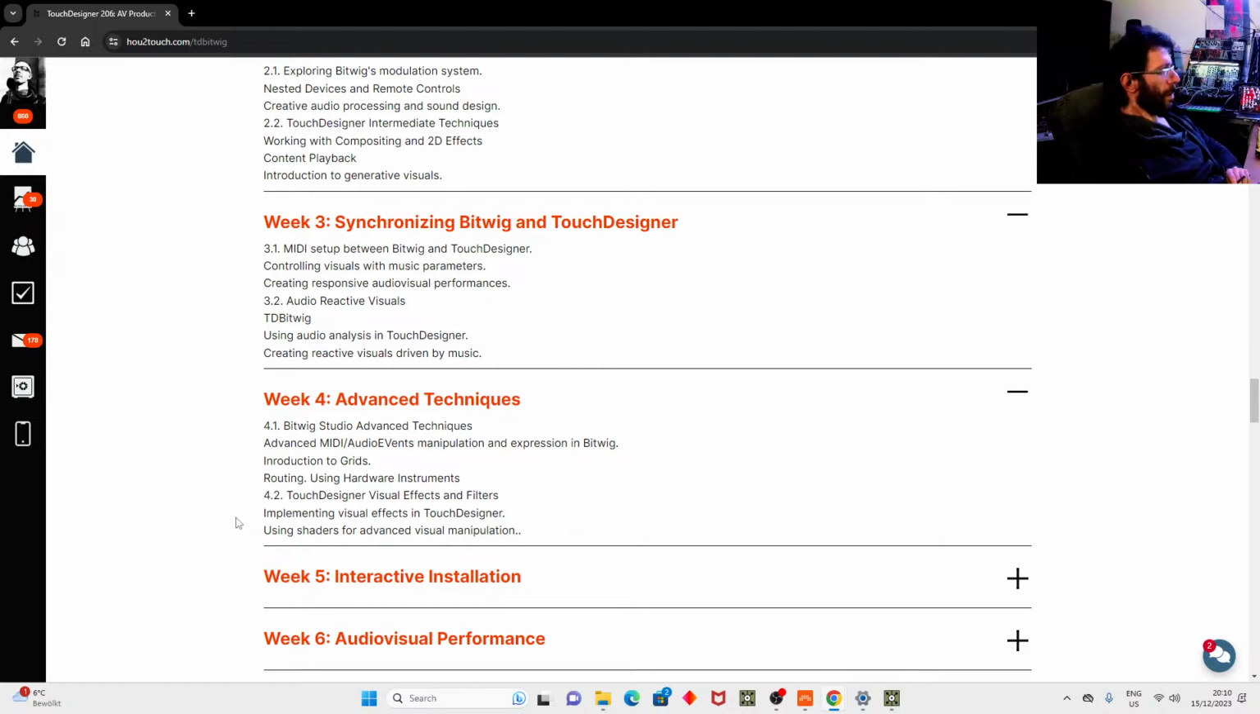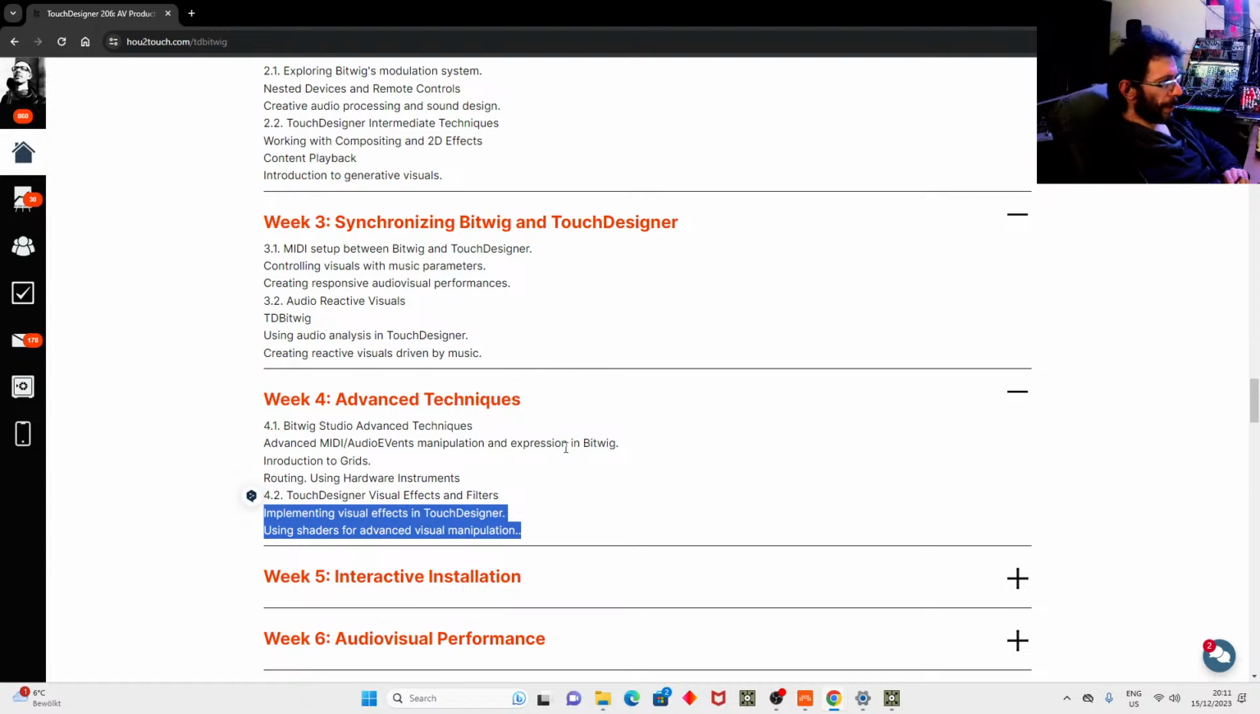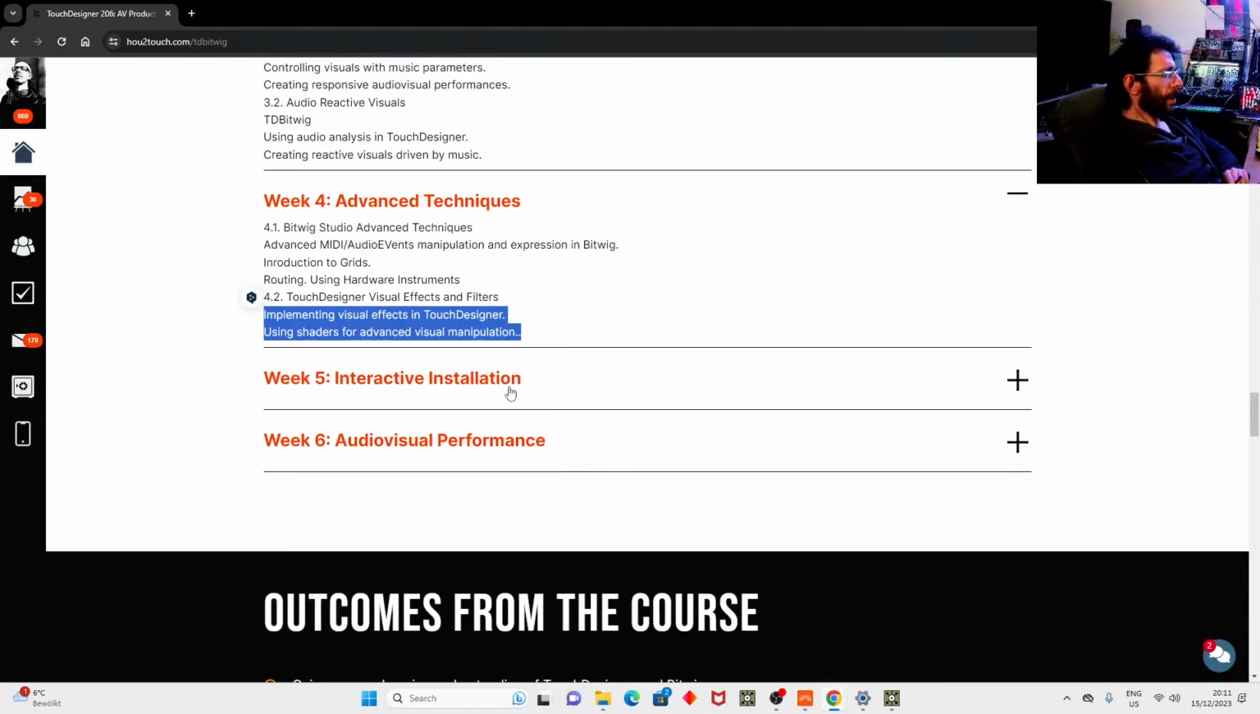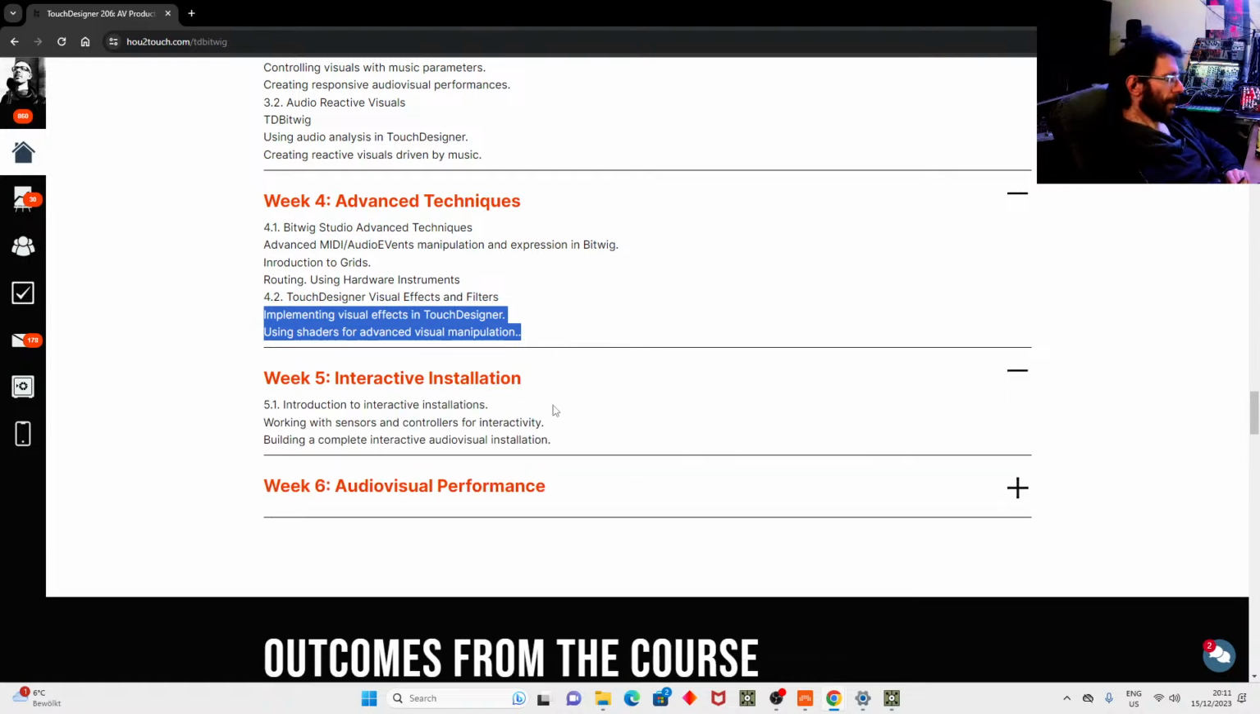Then we will cover using jelly cell shaders for visuals and creating complex visual effects in TouchDesigner. Then the last two weeks will have more practical topics. I'm going to show techniques I developed to make interactive installations. So basically, what is